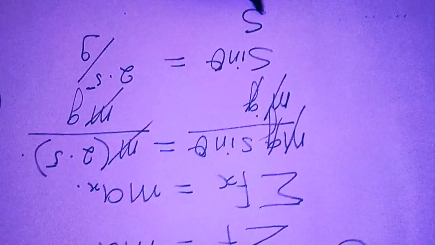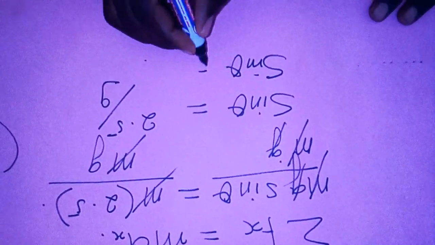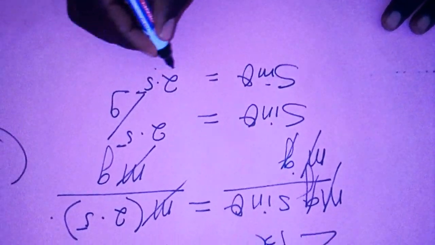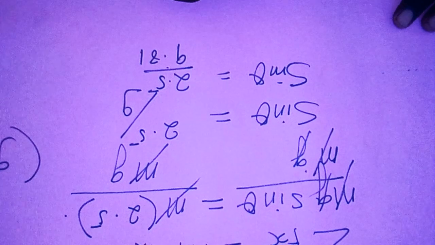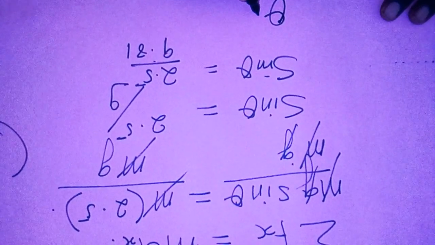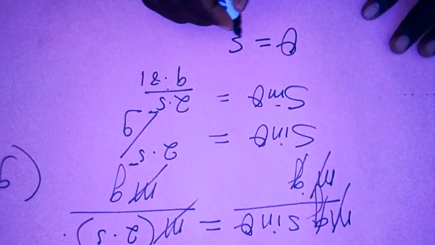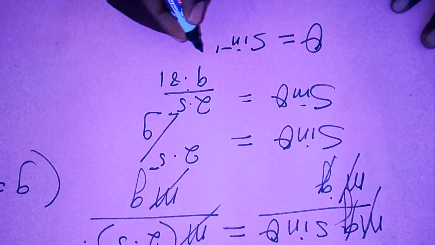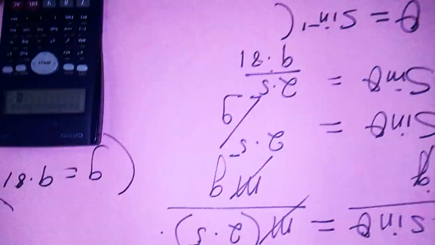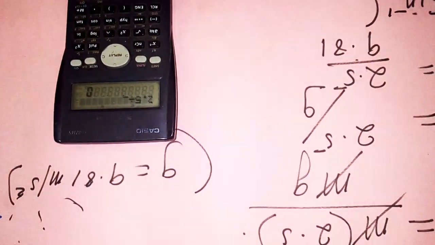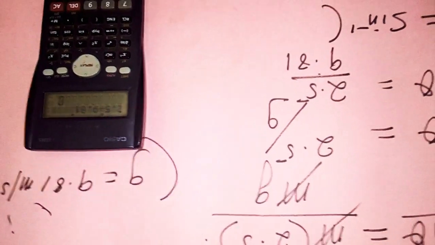So sine theta is equal to 2.5 over 9.81, and then theta is the sine inverse of, you punch on your calculator, 2.5 divided by 9.81, you get